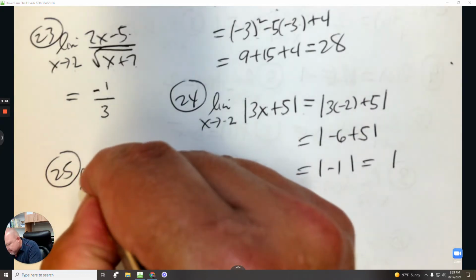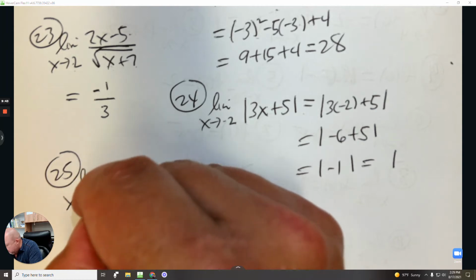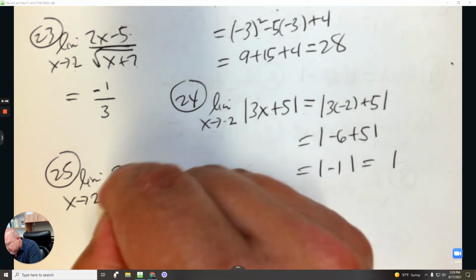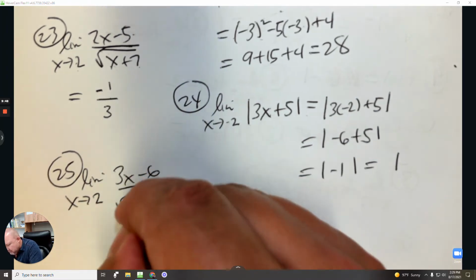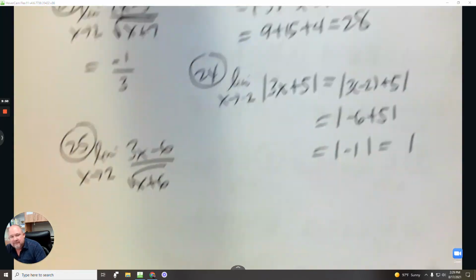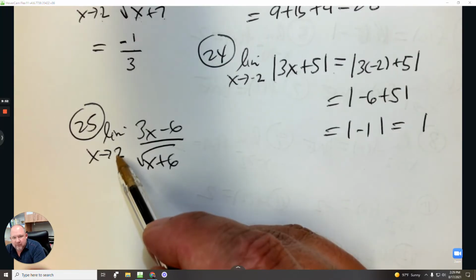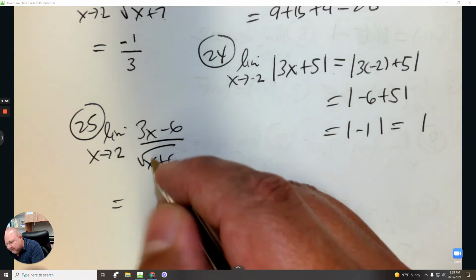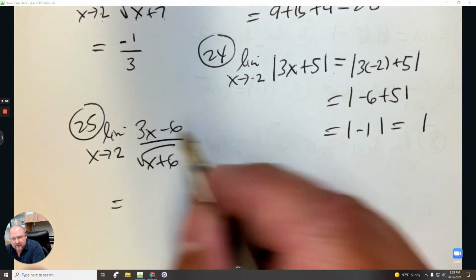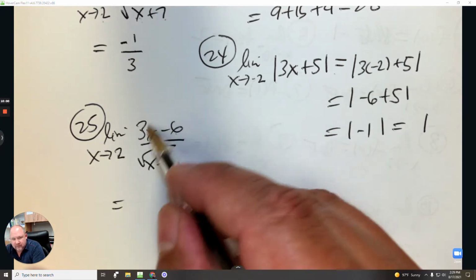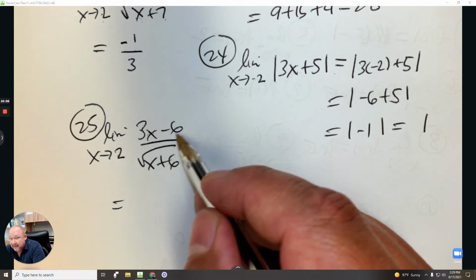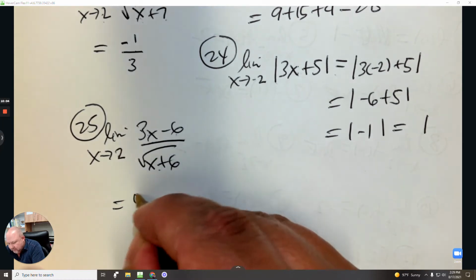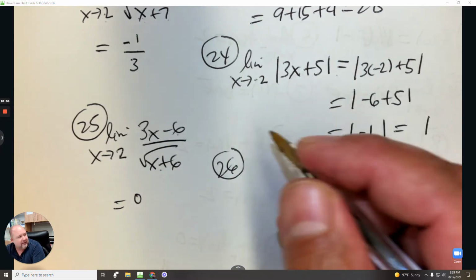The limit as x approaches 2, 3x subtract 6, over the square root of x plus 6. So we're going to evaluate at 2. So 3 times 2 is 6, and 6 take away 6 is 0. So 0 divided by any number, the answer is just going to be 0. 26,